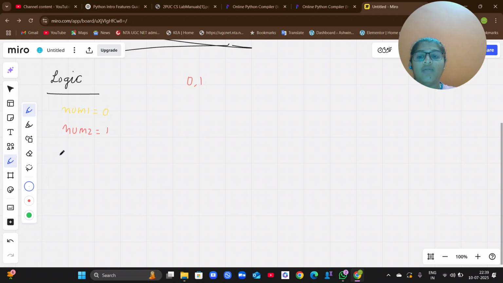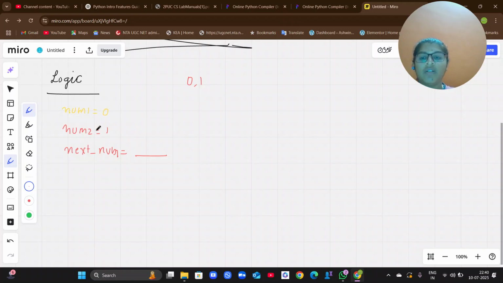Always remember, I told you all, when you add these two numbers, or you add the previous two numbers, you are going to get a new value. That is the next value or next number. Right. So next number will be adding these two numbers. Right. So this is what the first step is. First step, I hope you have understood.